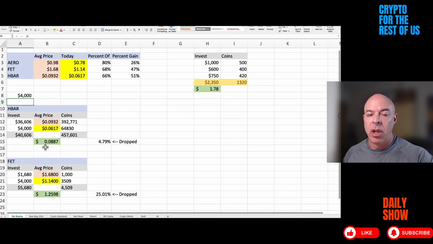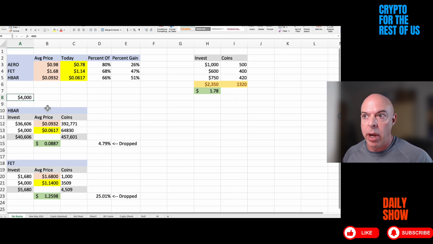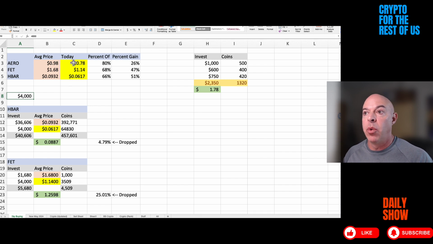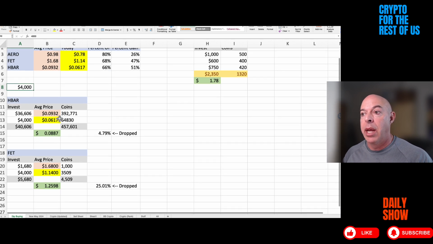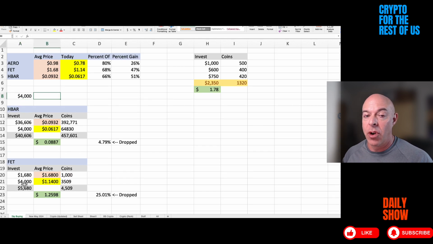So I have this spreadsheet already made, and you should as well for all of your coins. If you've got additional capital to deploy and you see a dip, all you've got to do is update the current daily price, put into one cell how much you've got for that month to deploy, and it'll quickly show you where you might want to consider putting that money. Because you don't have 4 and 4. You don't have 8, you only have 4, and you want to know where to put it.